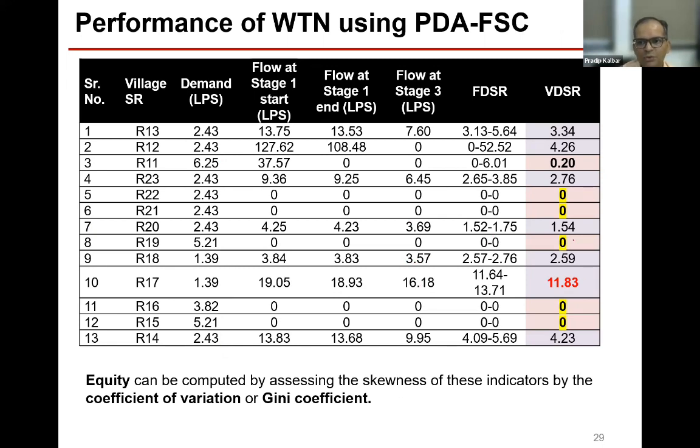But our method shows that when you use this particular flow-starved, pressure-dependent analysis, some nodes, some tanks can withdraw 11 times, 12 times more than the designated amount if there is no control. And mostly our systems are operated where there is no control on the withdrawal. So there are some nodes without receiving any water, some nodes receiving a tremendous amount of water, and that's the starting behavior. So this is the 50% of the reality.